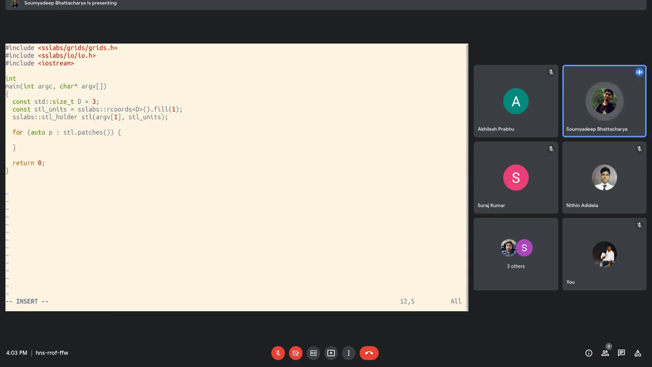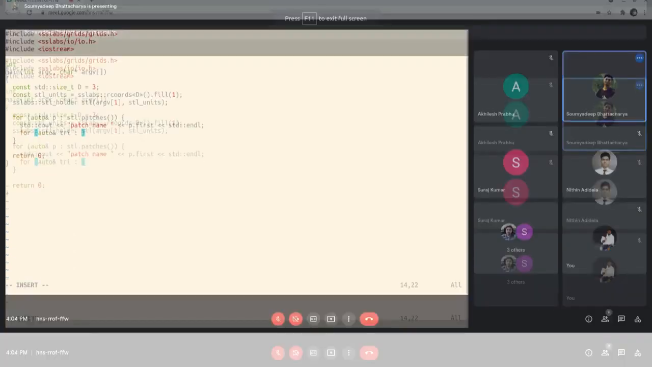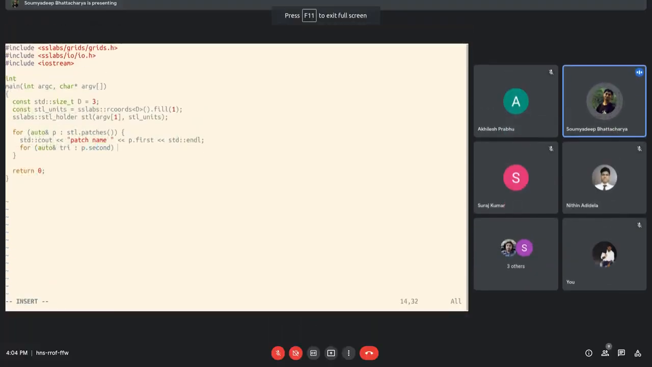Patches basically means in an STL file, there might be multiple groups of triangles, okay, with a named patch. So this patch pair that is returned, the first one of that is called the patch name. Name is basically p dot first, and the second argument is the vector of triangles. So p dot second is a vector of triangles. From that vector, you're trying to now loop over every triangle in that vector. And then every triangle has a vertex 0, vertex 1, vertex 2. So if you want to list down all the vertices, then you can say that,